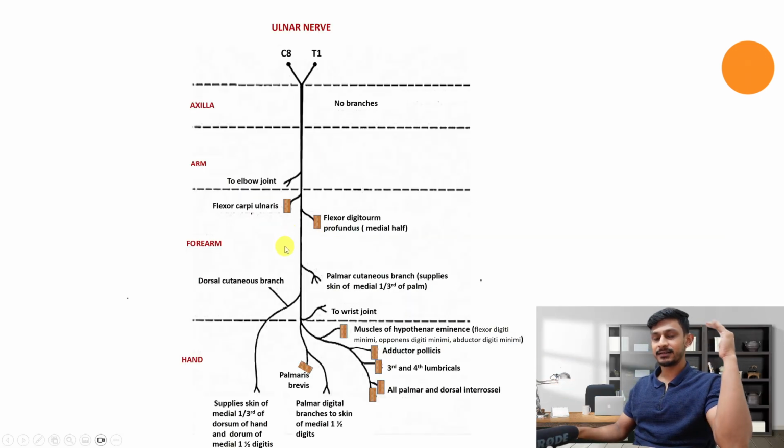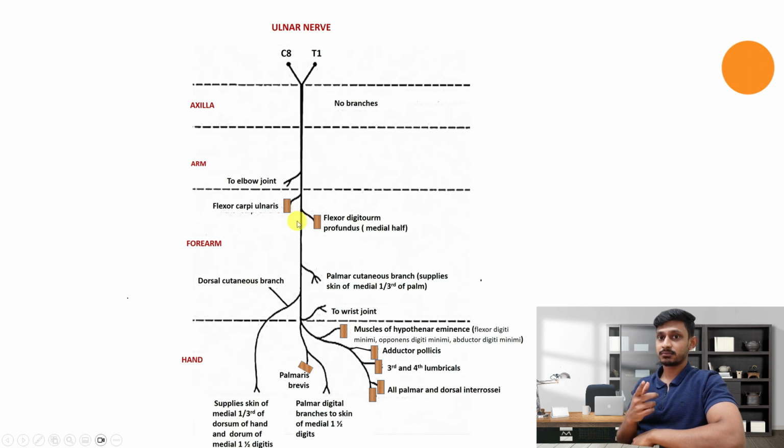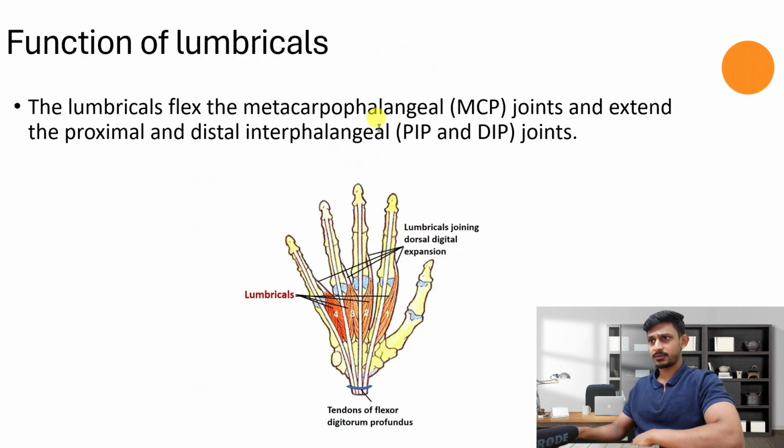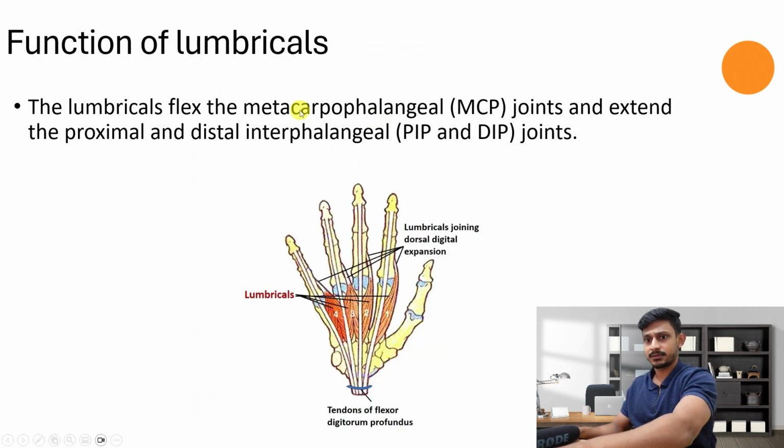In order to understand this, we need to understand a brief anatomy and only the important muscles supplied by the ulnar nerve which are important for this lecture. I'll just limit that. Otherwise, we can go through the entire ulnar nerve course and the branches, and it's a lot. So, as soon as it exits from the cubital tunnel at the level of the elbow, which is formed by the Osborne fascia,